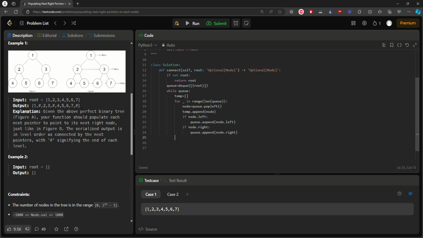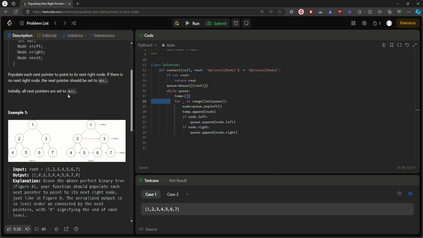look at a few things. If the length of this temp array is 1, that means you were in the root node. Since the next pointers are set to null and not any garbage value, there is no need to modify that. It's given over here, right? All the next pointers are set to null. So if the length of temp is 1, then you are in the root, so